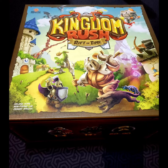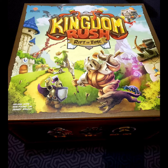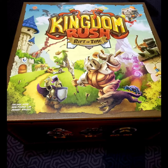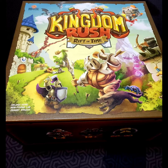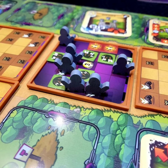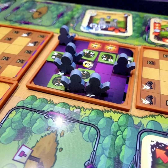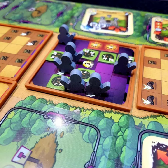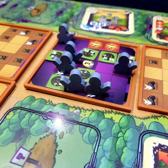All right, my number 4 is, so it's the same square kind of box we were talking about, but it's a little bit thicker. This is Parks, made by Henry Audubon in 2019. This is such a beautiful game. You are a hiker in this game, and there is a path laid out for you that you will each choose a spot. You can go as far ahead as you want, but you can't go backwards. So you will slowly try to go along this path, collecting resources, because you'll need these resources to